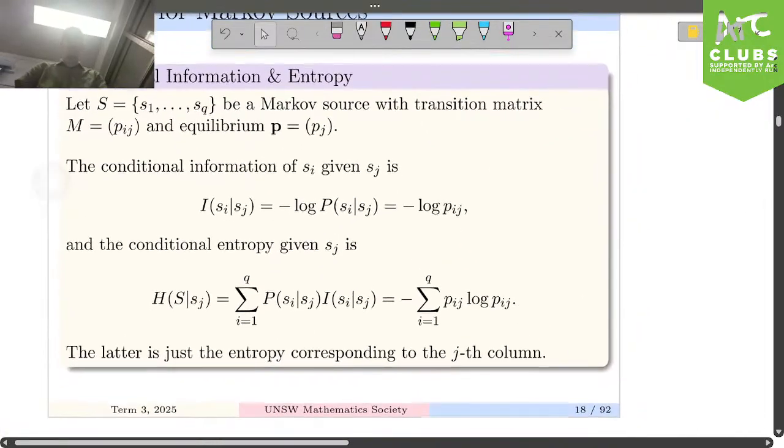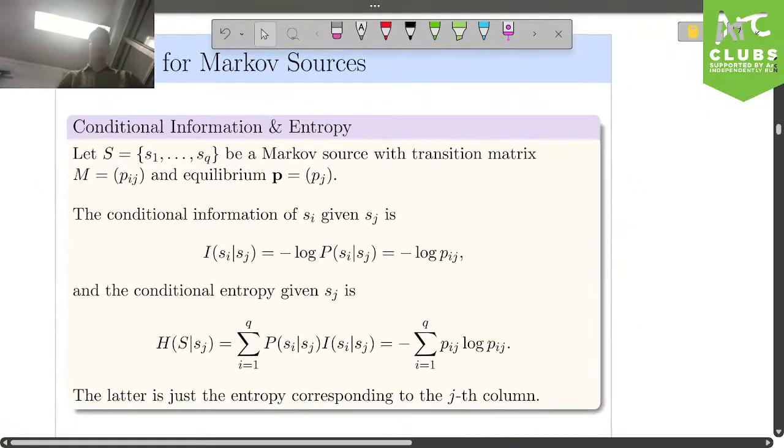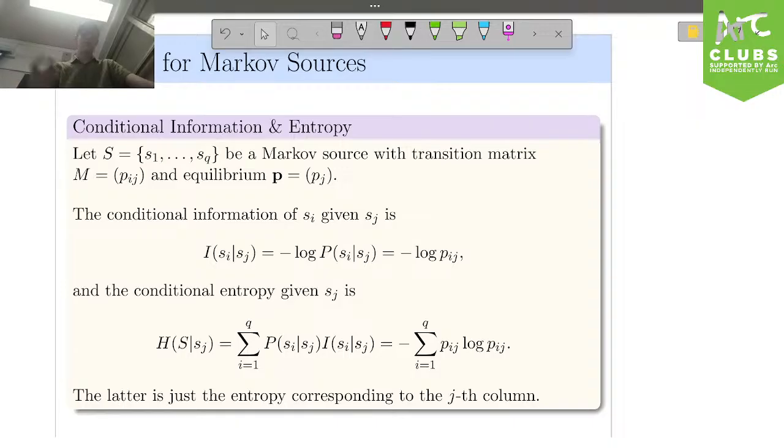Okay, cool. Alright, so looking back at Markov chains again, we looked at this in the previous chapter. We can also talk about this in terms of entropy and information. So again, we have our matrix and our equilibrium vector. Remember, the equilibrium was the long-run probabilities. It's the eigenvector, whereas the matrix has the ith column being the conditional probabilities of previously receiving the ith source symbol.